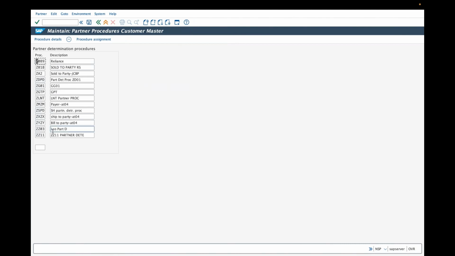Whatever is the last entry you find, give that. What is the last entry I gave here? I'm sorry, mistakenly I placed the cursor here. Place the cursor in this open block. ZZ11 is the last entry. Do not disturb that because that is somebody's made. So place the cursor in the open block over here,